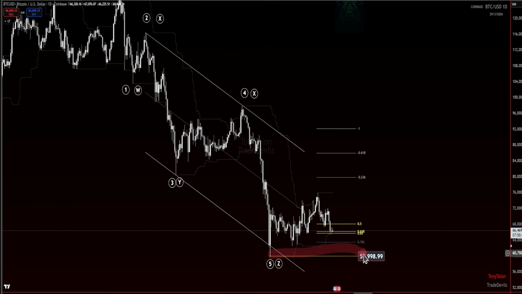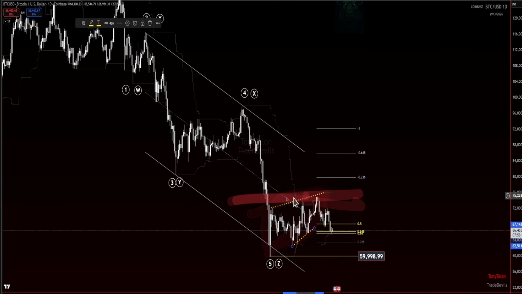If we do end up holding 60K here, again, we would end up counting this, or I would at least. I actually have two different counts that I'm looking at right now. Both are a little bit more on the rare side. One of them being a leading diagonal here, and then we're going to get a nice deep retrace, which is pretty typical in a diagonal, holding the 60K before we end up getting a rip up. From here, because of this corrective fashion here, and we return to a level of interest and rejected, I would say this is less likely. But we end up coming down here to an area of interest as far as a retrace compared to this potential diagonal coming up, breaking this high here in a motive fashion and correcting